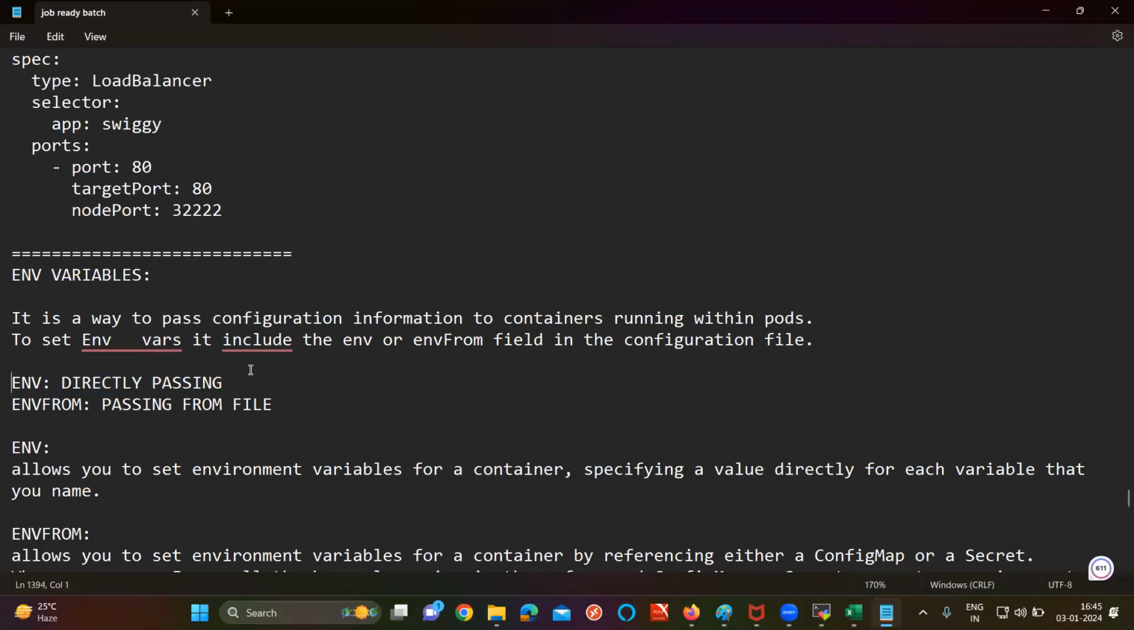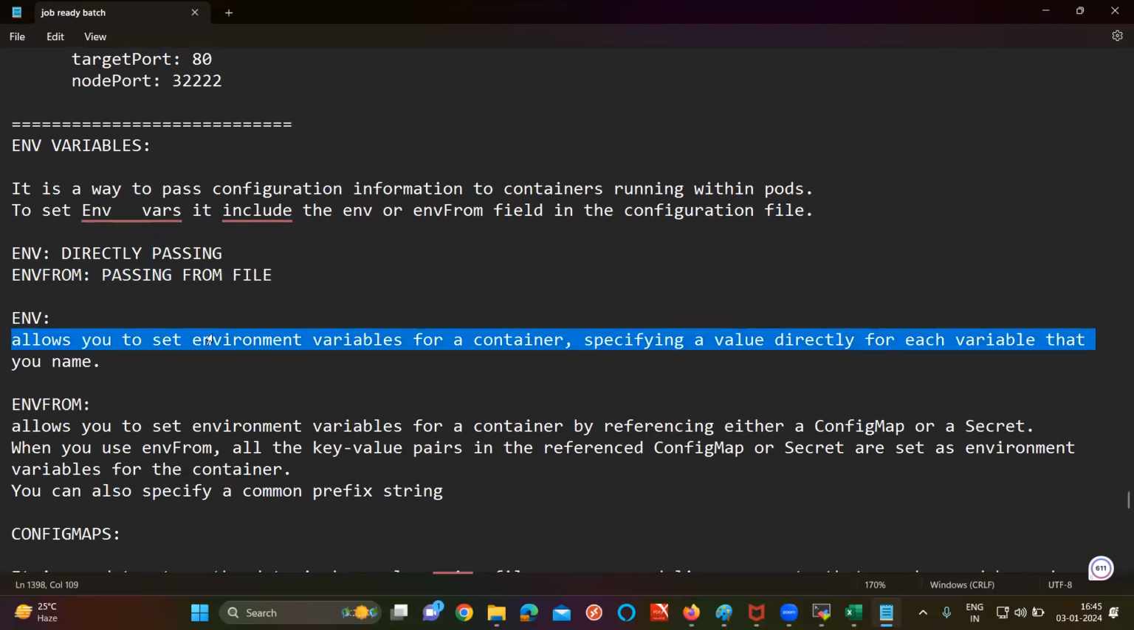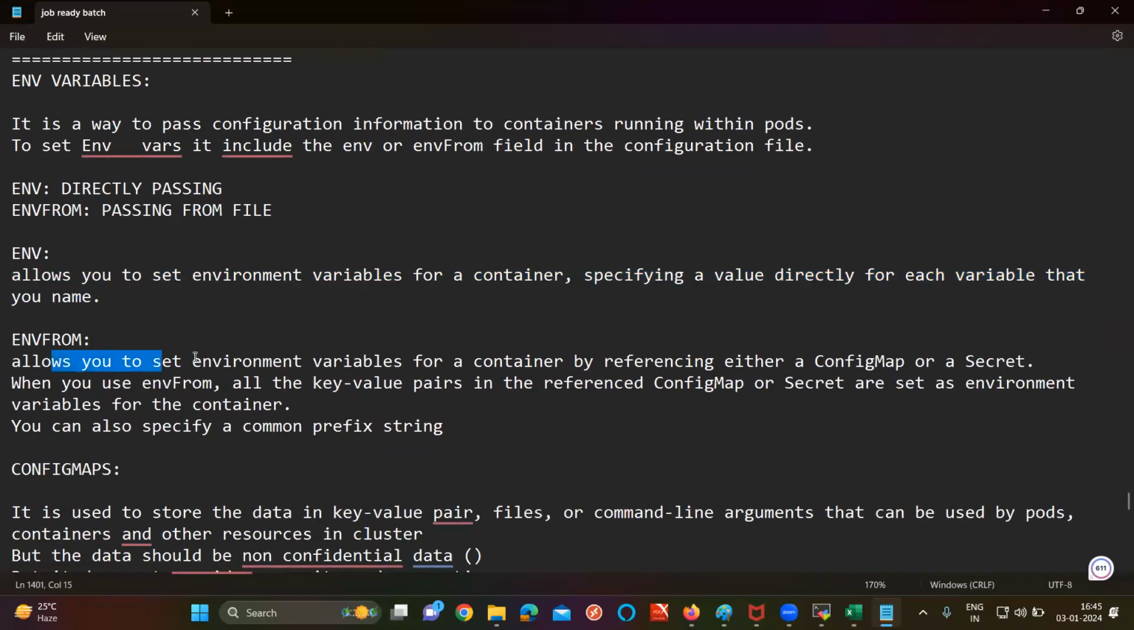Env is to pass the values directly, environment variables. Now, sir, if I want to pass the variables in a file format, I can use envFrom. Again, env for direct value passing, envFrom for passing a file. Is it clear now? Fine. So this is the lengthiest. Env allows you to set the environment variable for a container by specifying the value directly. But envFrom allows you to set the environment variable for a container by referring to either a